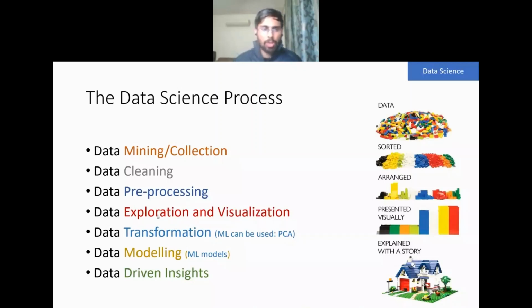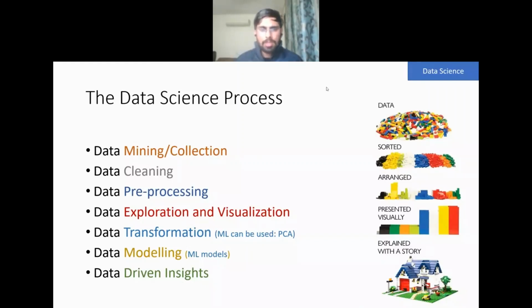Exploration is more around exploring what parameters are there in the data, and which ones you want to keep. Take that Elon Musk tweet example, right? In that example, you might not want the date when Elon Musk posted the tweet. You might just want the content of the tweet and the length of the tweet. So you might delete the other column, and you might want to explore how many rows are there in the entire data set, how many columns are there, what all parameters are there. That is exploration. And then visualization is essentially creating this house on the right side, right? You are creating a beautiful house and explaining that.